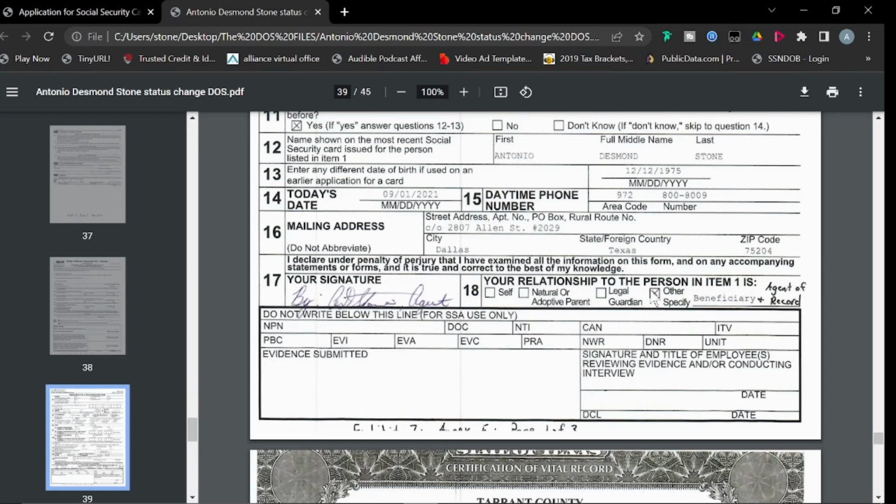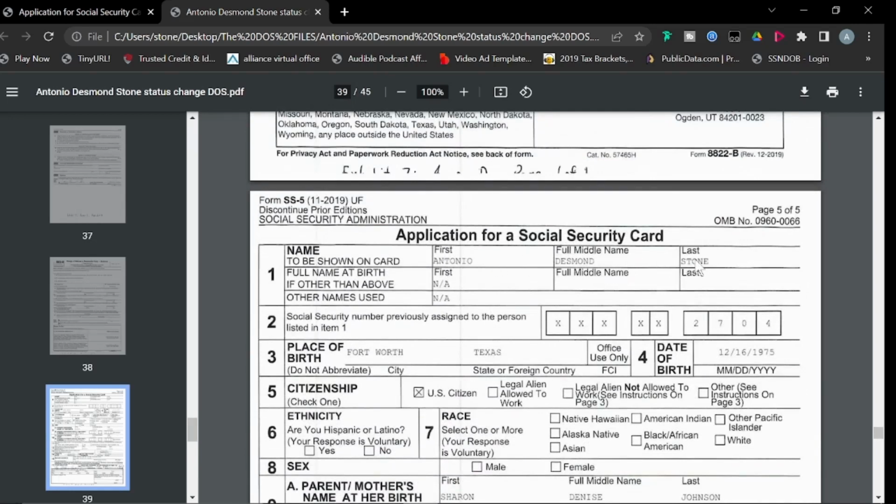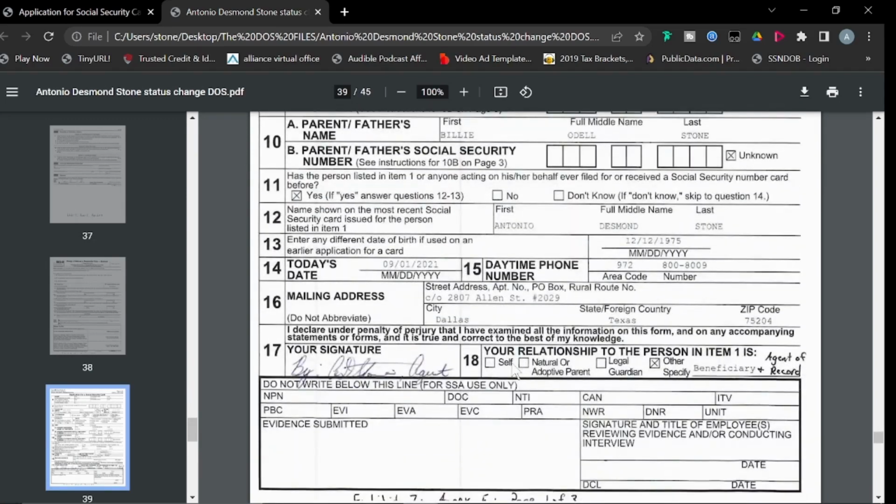Do you see that? He said, yeah, I see that. But I think you need to put self. I said, why do I need to put self, sir? I'm signing on behalf of that all caps name. I didn't say all caps, but I said I'm signing on behalf of the name on the application. We are allowed to do that, right? And he just looked at me. He said, well, I guess if you don't want to put self there, I guess we have to deny your